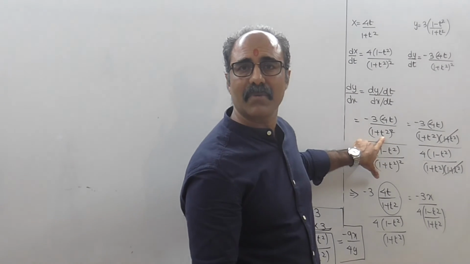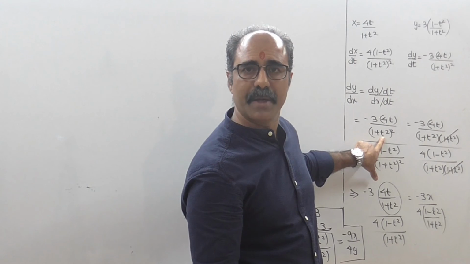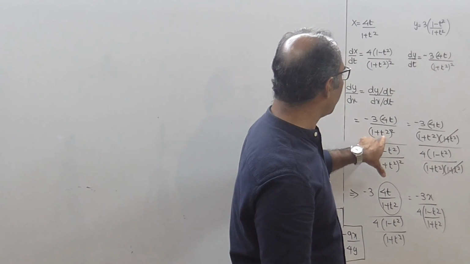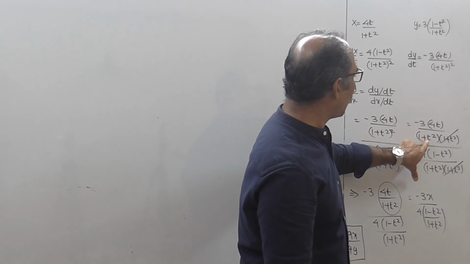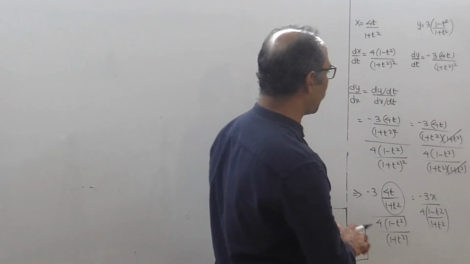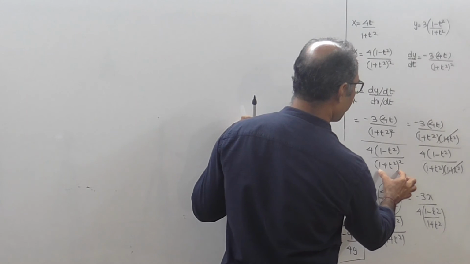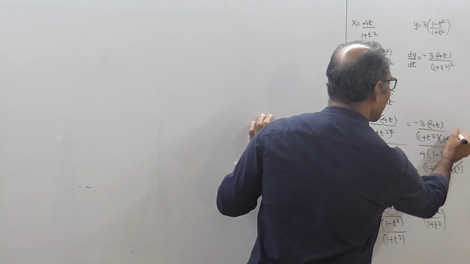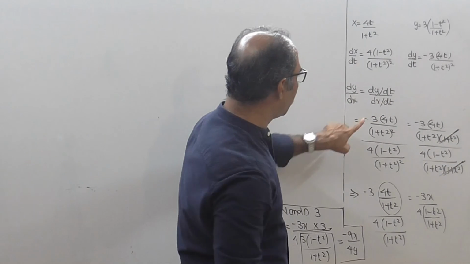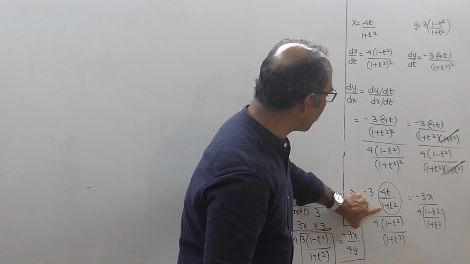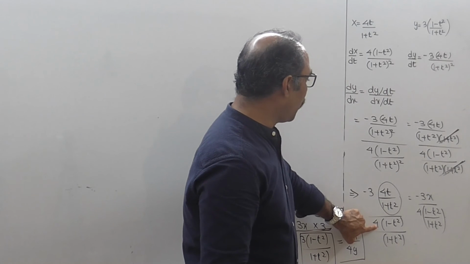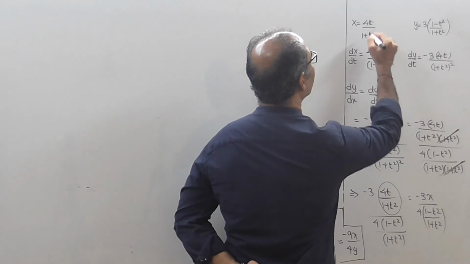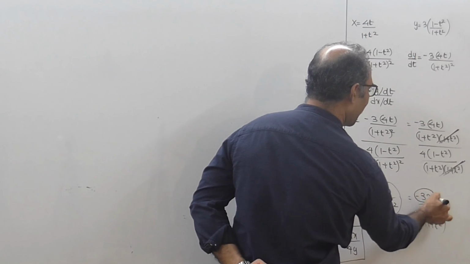So if you cancel the entire 1 plus t square from the numerator and denominator, I think you might not get the value. So what we do is, we split this 1 plus t square the whole square as 1 plus t square into 1 plus t square. Similarly, in the denominator we split 1 plus t square the whole square as 1 plus t square into 1 plus t square. I think this gets cancelled. So what remains? 3 remains, minus 4t upon 1 plus t square. This is 4 inside the bracket, 1 minus t square upon 1 plus t square. 4t upon 1 plus t square, that is nothing but x. So I am writing this as minus 3x.